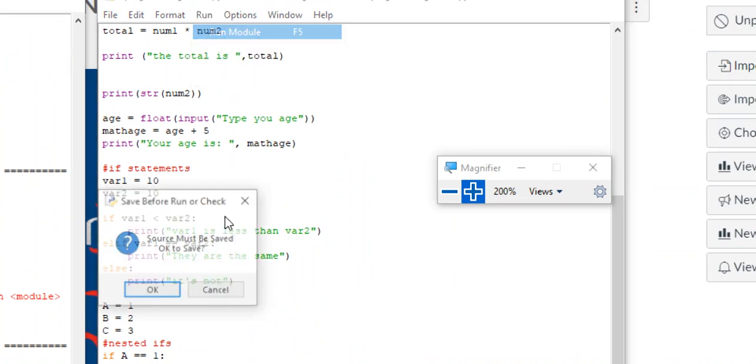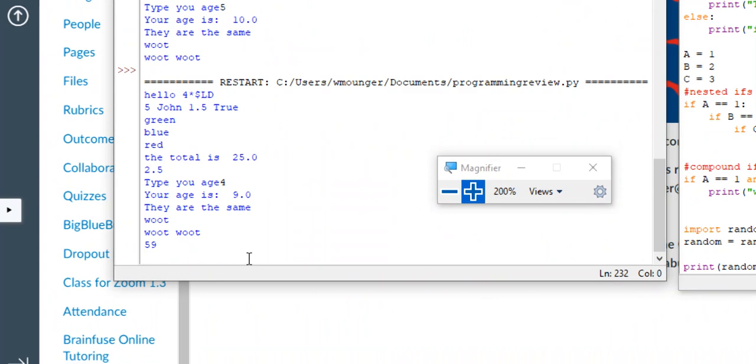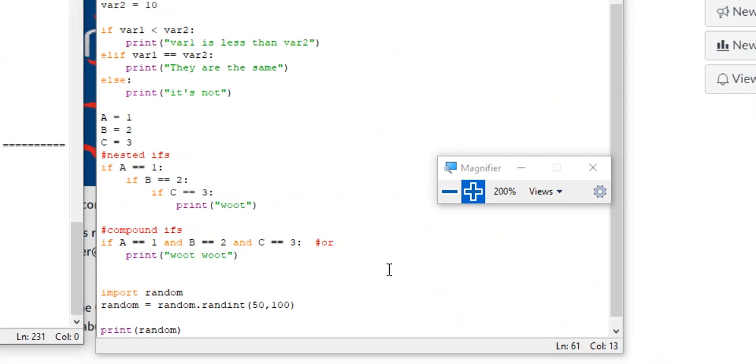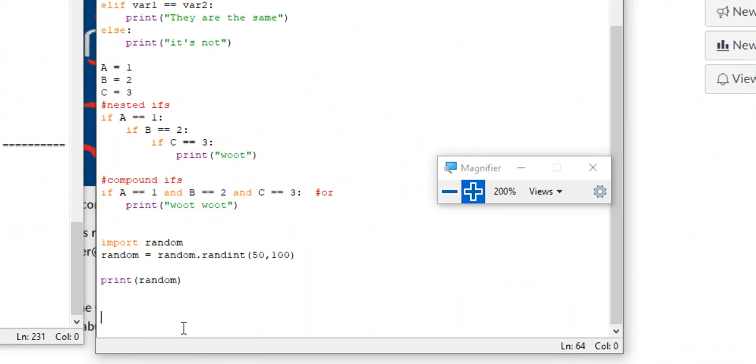And random number generation is very useful in a lot of different places. What's that? 59. If I run it again, I'll get a different number. And it'll be within these 2 ranges that I put here. We'll use random number generation for a couple of places actually in our programs coming up. So just a little reminder of how that works. All right, now